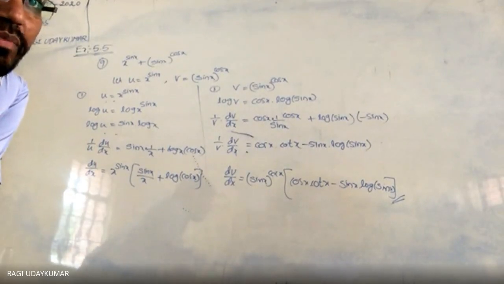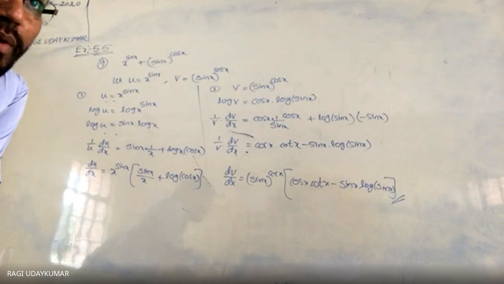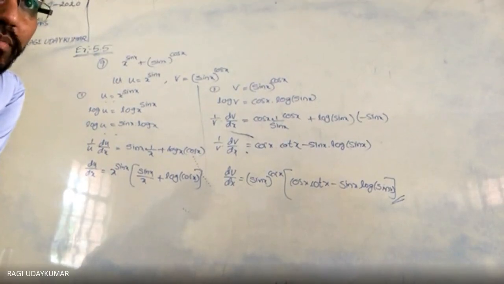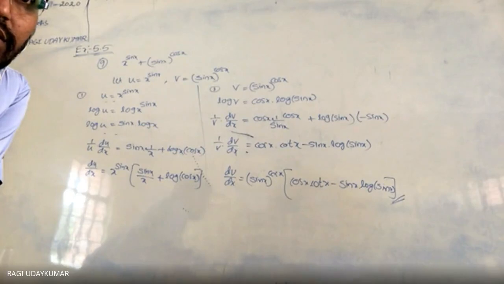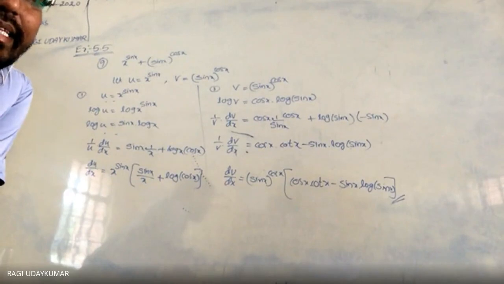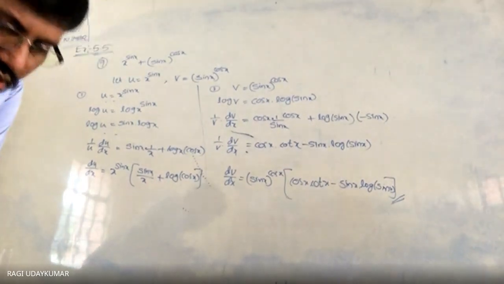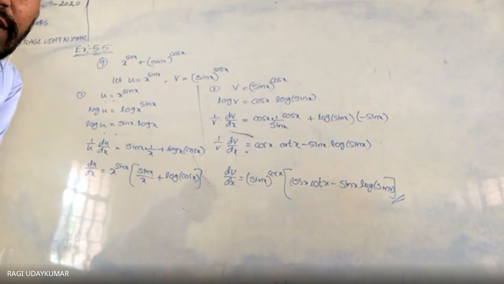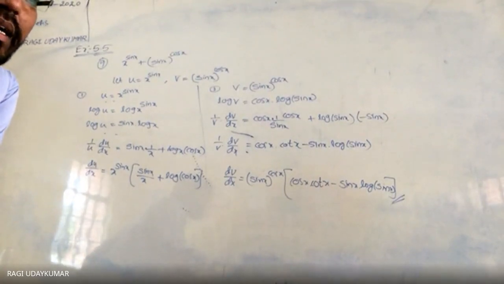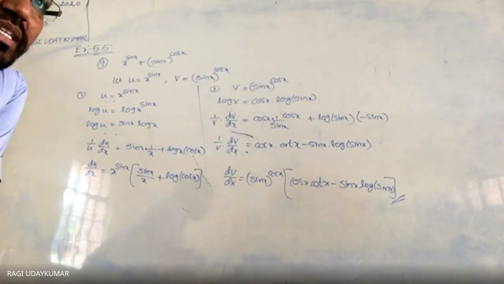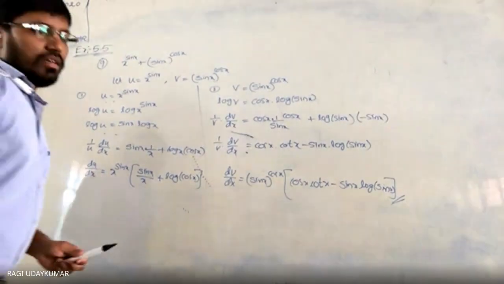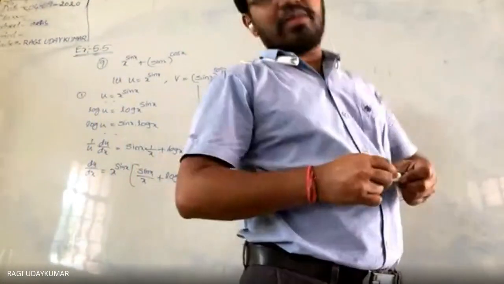You try the problems, and whatever doubts you have, ask me in the next class. The 11th problem is very lengthy. Length is more, but not very difficult. Don't get confused by seeing the length. Whatever problems you get doubts in, complete them today itself and ask me the doubts in the next class. Today it is enough. The remaining problems you try, and we'll discuss them.